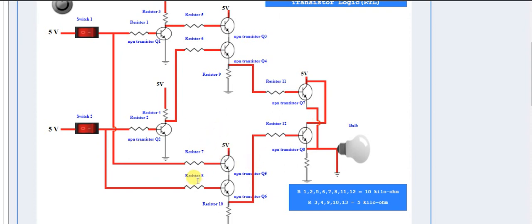The collector of this is connected, there is a common collector for these two transistors. Similarly, there is one more cascaded group, where the switch 1 input is connected with Q5 and switch 2 to Q6, and switch 2 is also connected with Q2, switch 1 is directly connected with Q1, right. So the output of these two transistors is connected in a common emitter configuration. The emitters of these transistors are connected with a bulb here. Resistor specifications were already given here, you can go through.